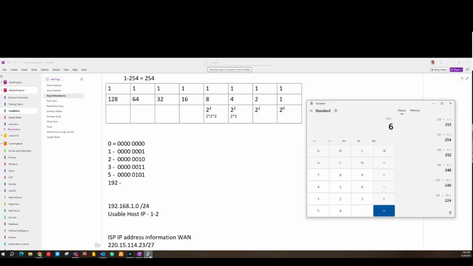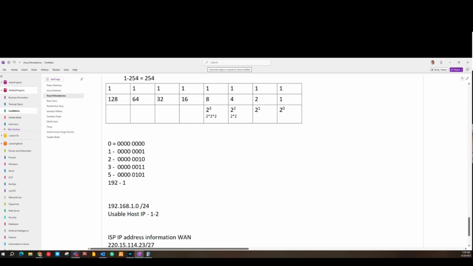128 plus 64, that's 192, right? So the value will be 11000000. This is 192. If I say 168, that will be